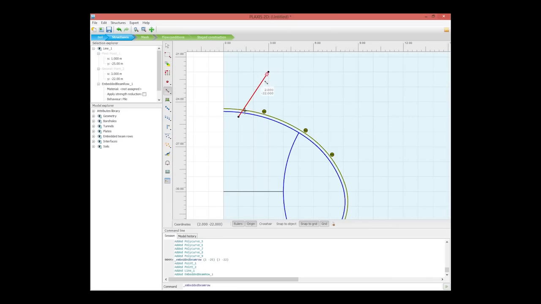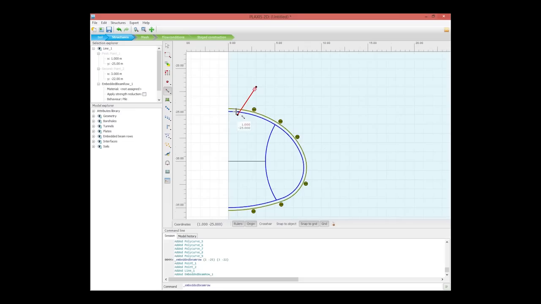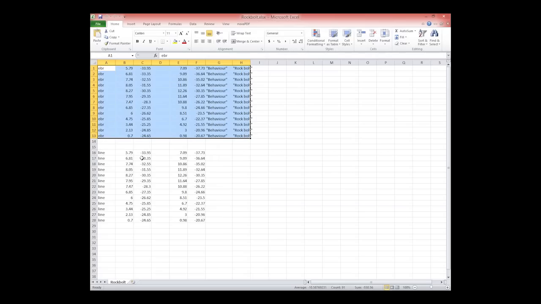Okay, but this is not the way I'm going to define it here, because there is quite a number of bolts and I need to figure out all the coordinates. So what I will do, because the coordinates are already known, I have in fact worked out from the coordinates the respective command to generate